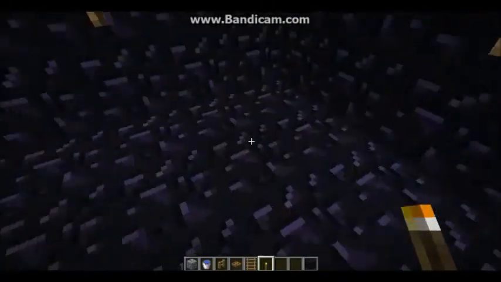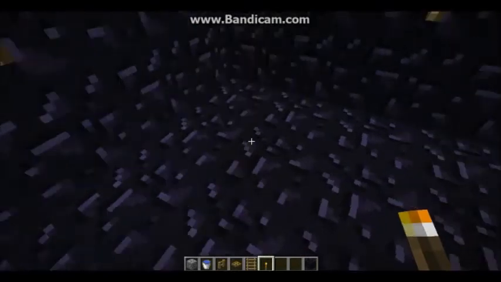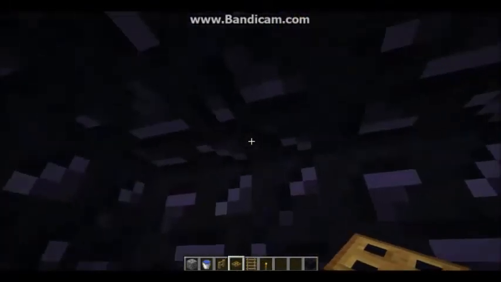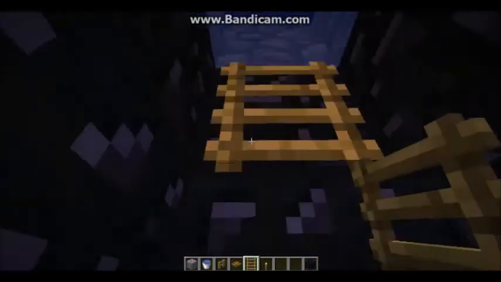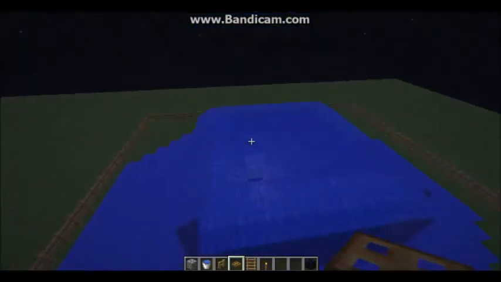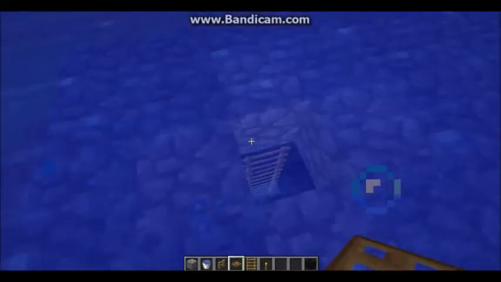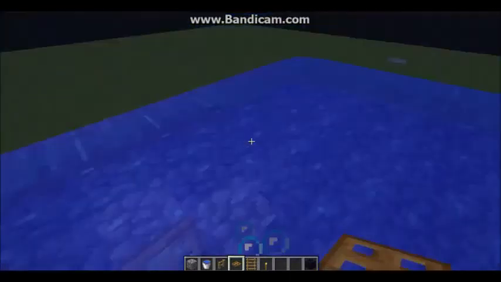Oh, I have noticed, by the way, that's why I had this right here. Anyway, what you'll do is you'll just go, nope. Go like this. This is only if you want to have a trapdoor by your base. Oh wow, it's lagging a little bit, I apologize for that. There, see, and then they can't get in,